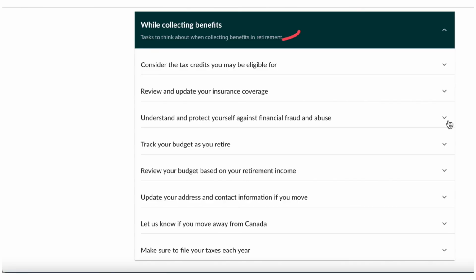The last list here, what to do while collecting benefits, seems like a bit of a filler, but hey, overall, solid stuff. And with that,